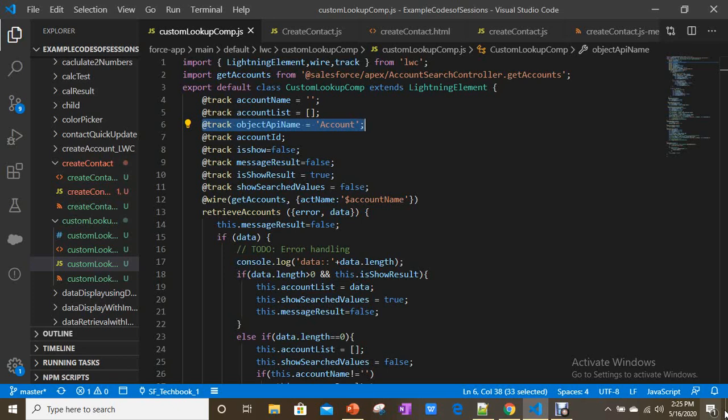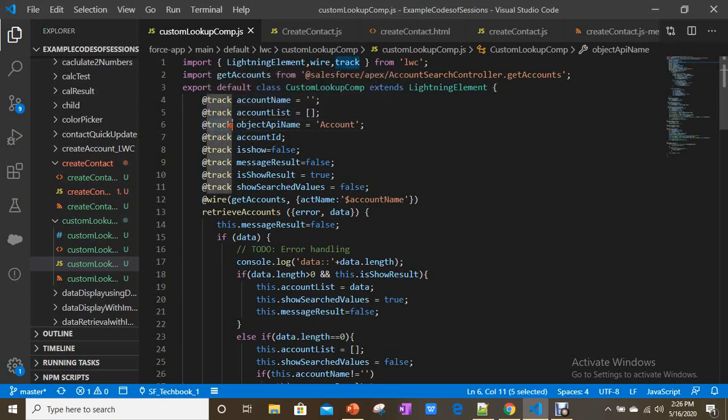But if I want to make this custom lookup component reusable, that means I want to pass object names dynamically. That means I want to get account records if I want to, and contact records if I want to, by passing object names dynamically. Then you can make this component a dynamic or reusable component.